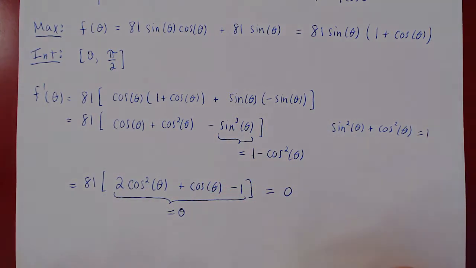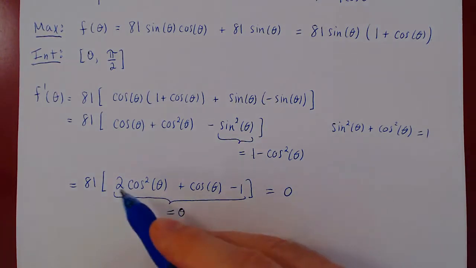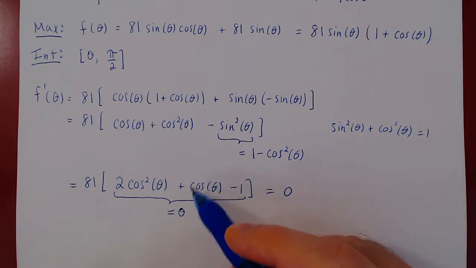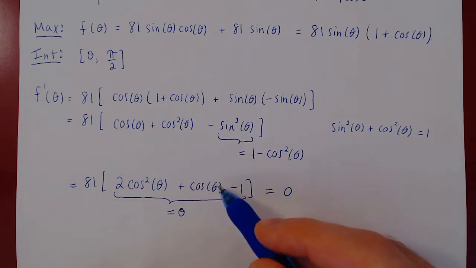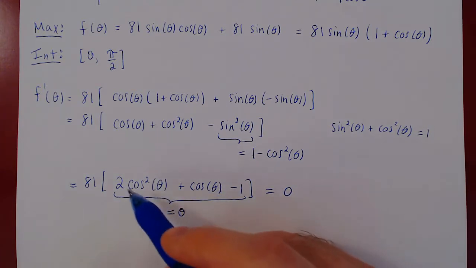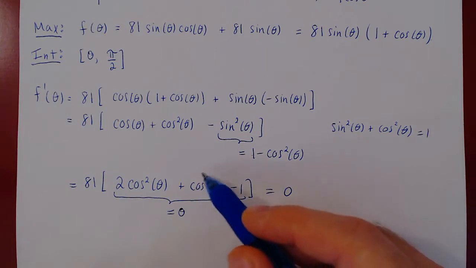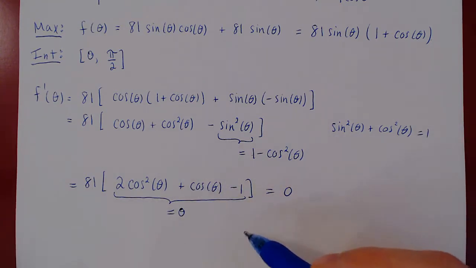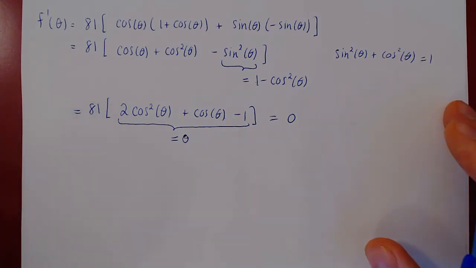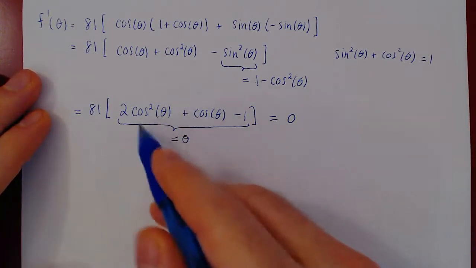The question is now, how are we going to solve for theta in this equation? Well, if you look at this as a function of cosine of theta, you have a cos of theta, and you have a cos of theta squared. So this is a quadratic equation in the variable cosine of theta. So we can use here the quadratic formula. This will be 0